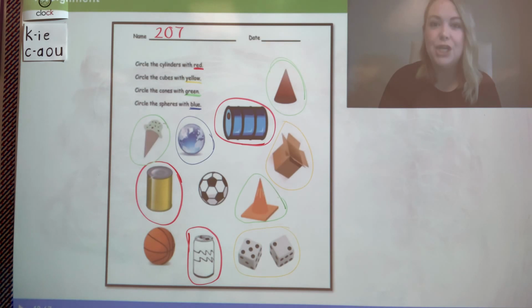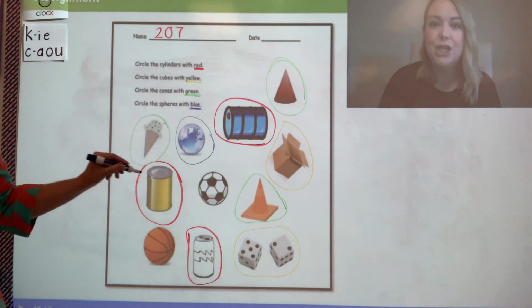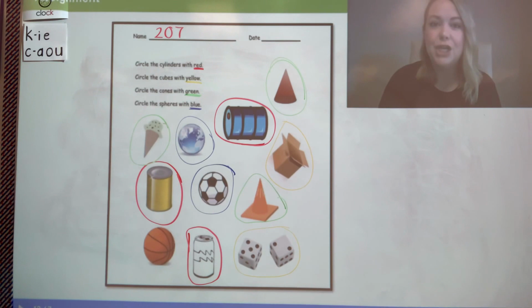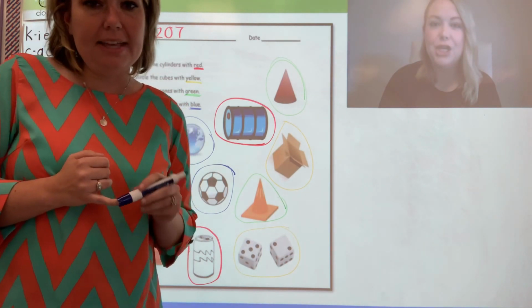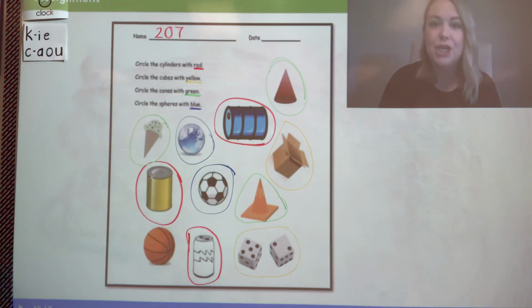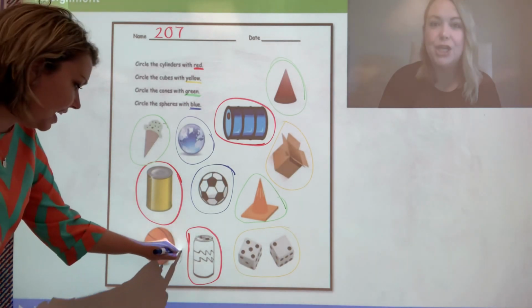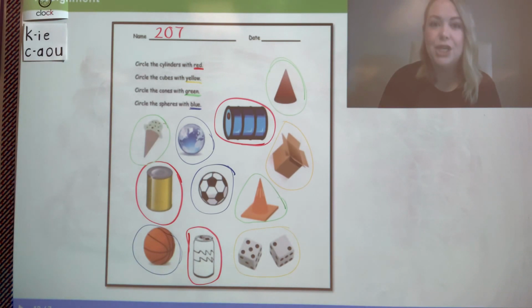Ryan, tell me a sphere. The soccer ball. Good job. Okay. And let's do Elliot. Elliot, tell me a sphere. The basketball. The basketball is another sphere I can circle. Awesome job. Have we circled all of our solid shapes? We have. Make sure your paper matches